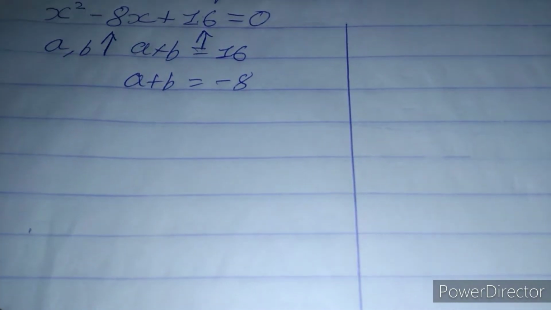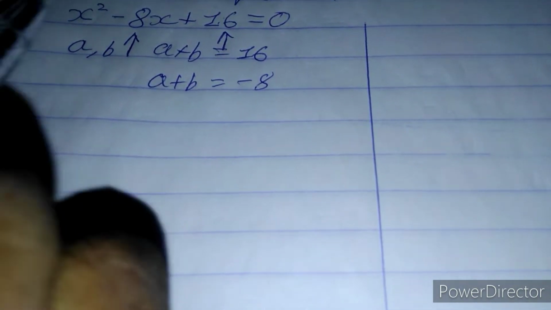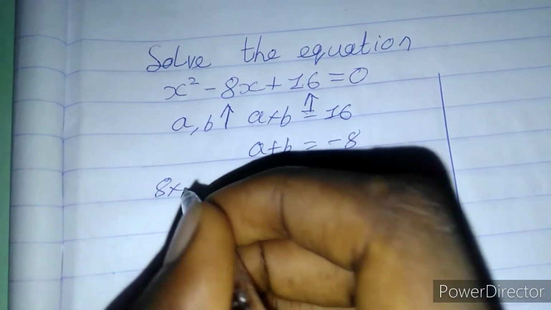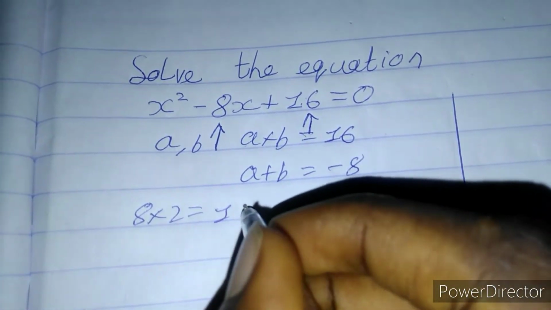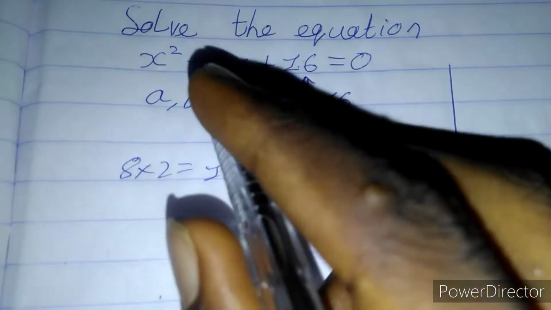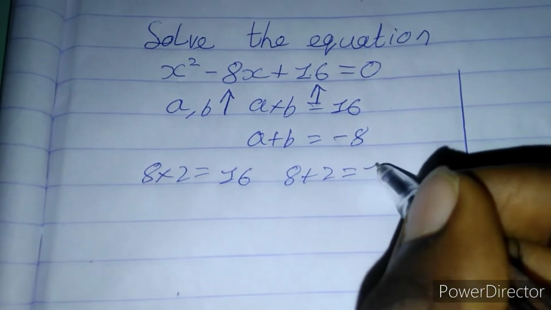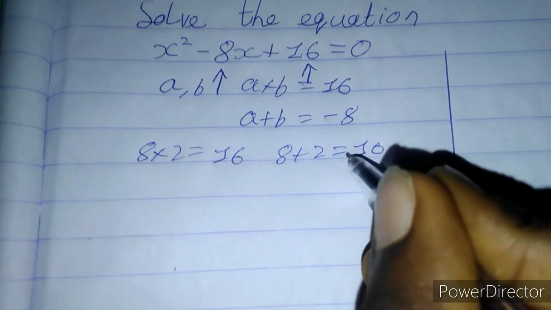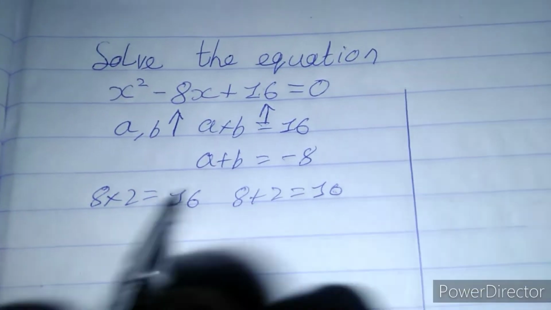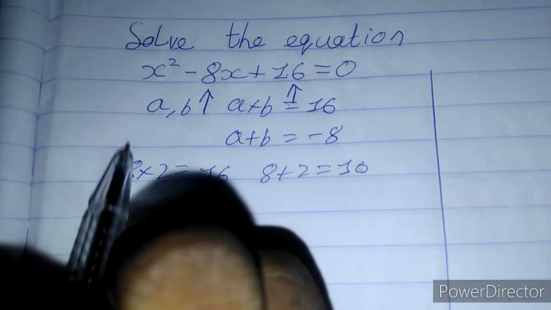Let's see. 16, what times what can give us 16? Okay, what if we try 8 times 2? 8 times 2 would give us 16, but 8 plus 2, would it give us minus 8? No, it's giving us 10. It's not giving us minus 8, so 8 and 2 can't work. Okay, what if we try 4